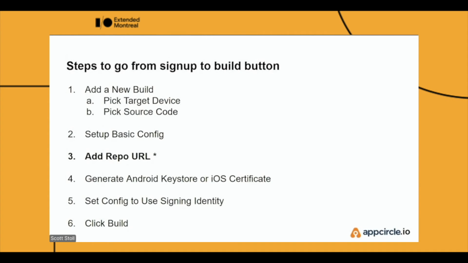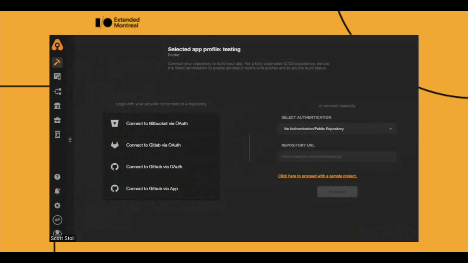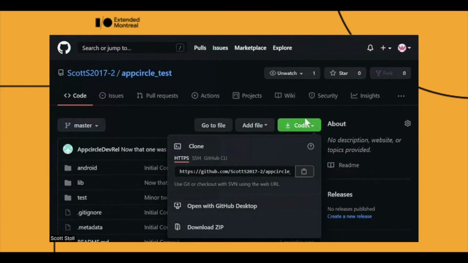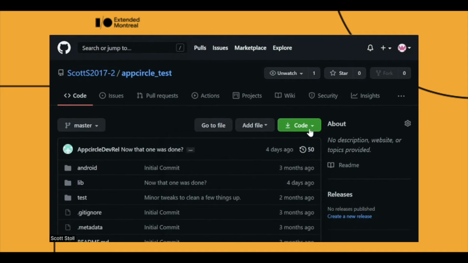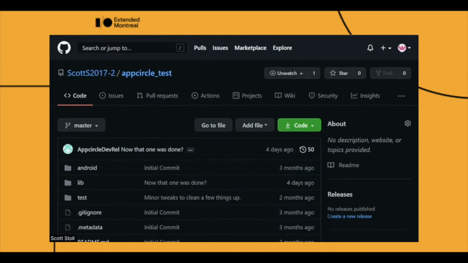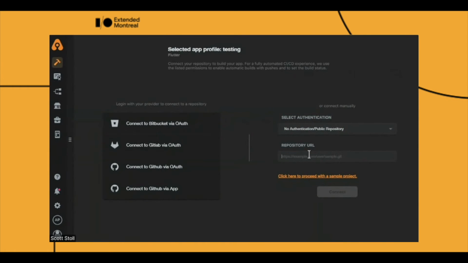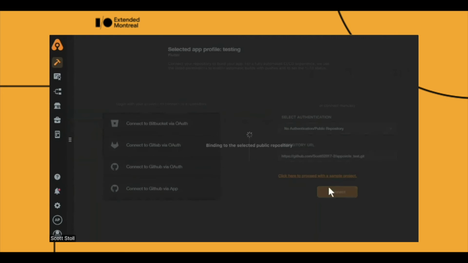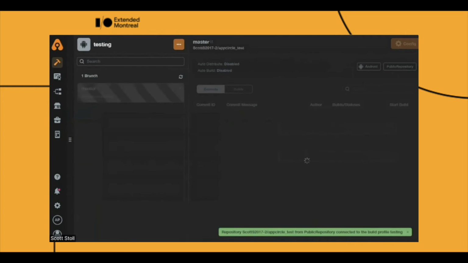And we're going to add the repo. Now, there's a little asterisk here, and that is because sometimes binding the repo can take some time. Sometimes it's very fast, sometimes it's not so fast. So we're going to prepare for it to take a little while and be pessimistic. So copy my test code, go back over here, paste the repo. This is very difficult. Now, while that is binding,